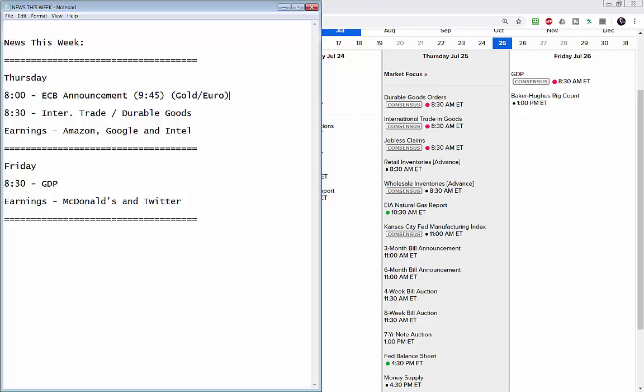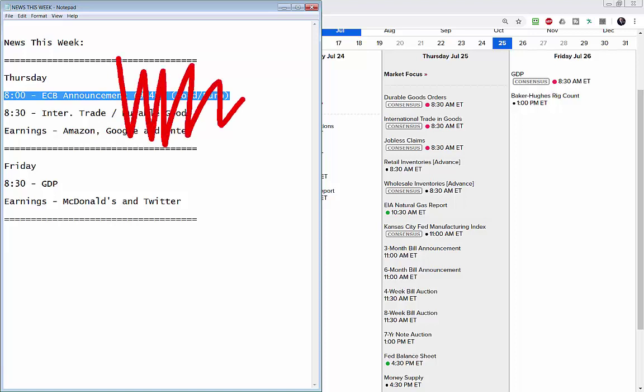Currencies related to the Eurozone, and obviously gold, will be on our radar tomorrow morning. In my experience, whenever you have the ECB announcement, gold and euro will be almost untradeable until about 9:15, 9:30. I hope I'm wrong, but usually the markets on gold and euro get all choppy and crazy around that 8 o'clock announcement, just like the FOMC announcement here in the U.S. So be careful. I would rather wait to let the dust settle and then trade the response that we see